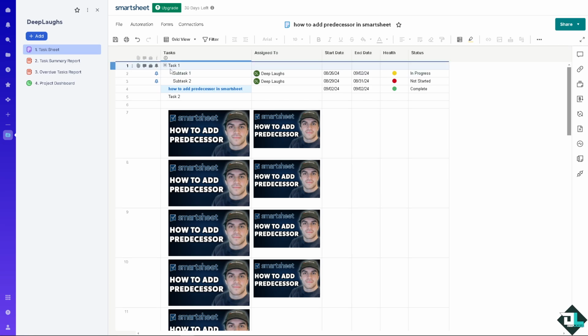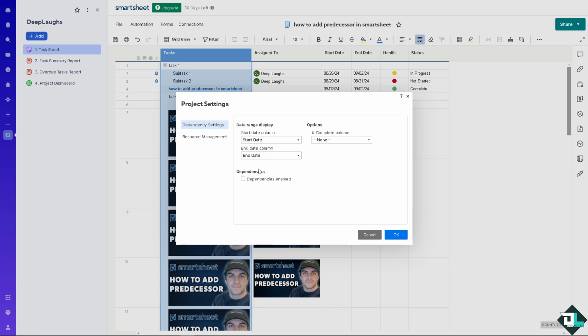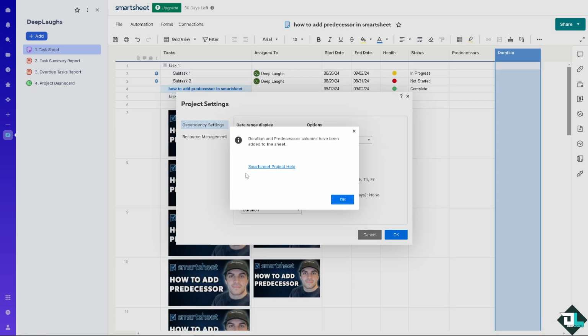For you to be able to add a predecessor, all you have to do is right click and go to edit project settings. And I need you to click on the dependency settings. You see there's going to be an option that says dependencies enabled. You might want to click on the check mark. Now, duration and predecessors columns have been added to the sheet, but as you can see,